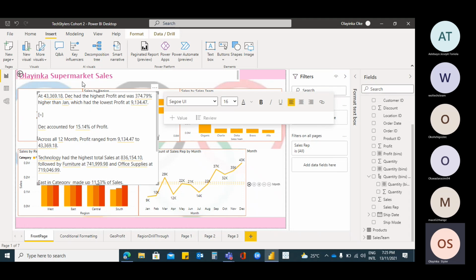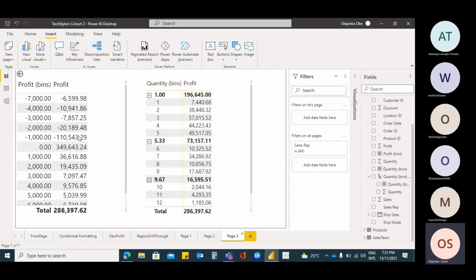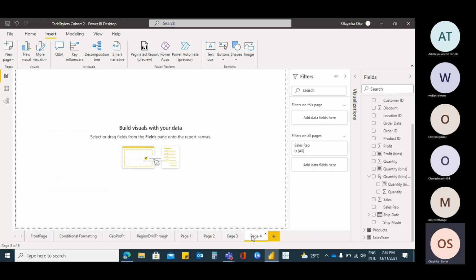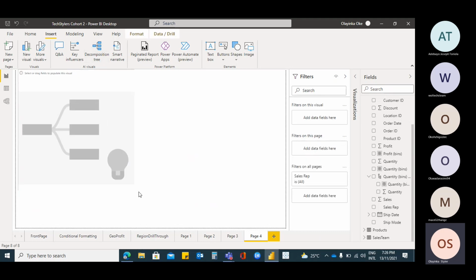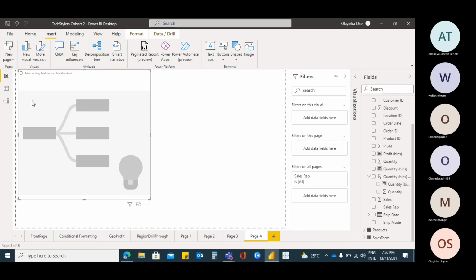So now that we're done with that, I'll just show us key influencers and decomposition tree. I'll go to another page to do that so that we can see it properly. Okay, we'll use this page. The decomposition tree is typically, as the name implies, a tree that shows a breakdown of, like you can already see the way it looks like. It means that you put something here, then it breaks it down into this, then it can break it down